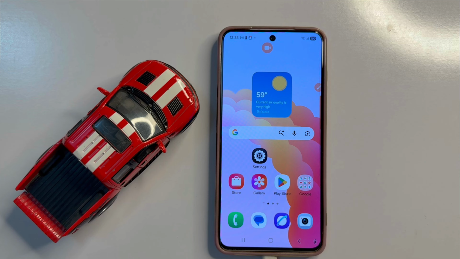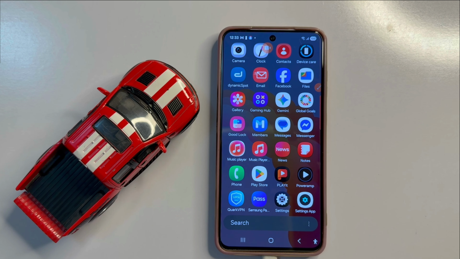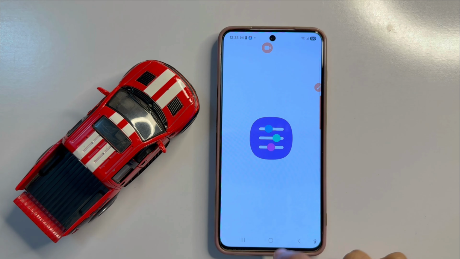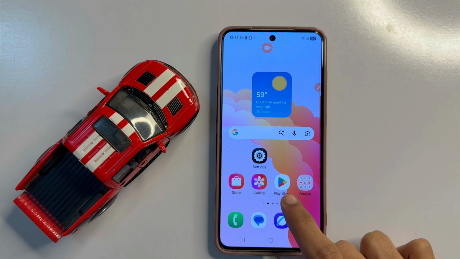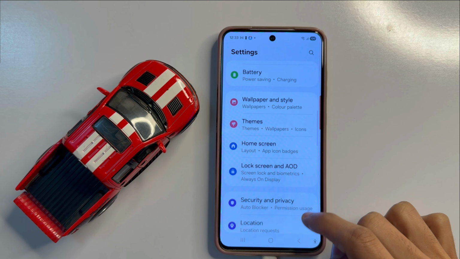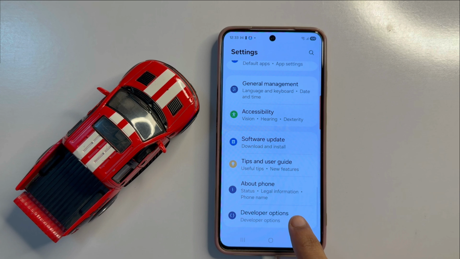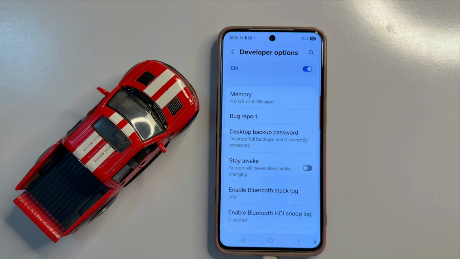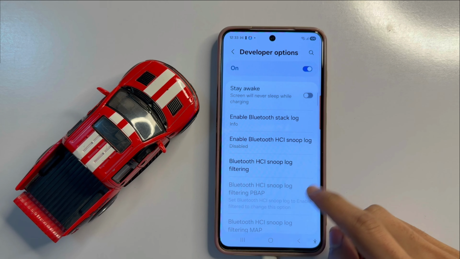First of all, go to app library. Now here, click on the settings app. Now in settings, scroll down and click on developer options. So after clicking on developer options,